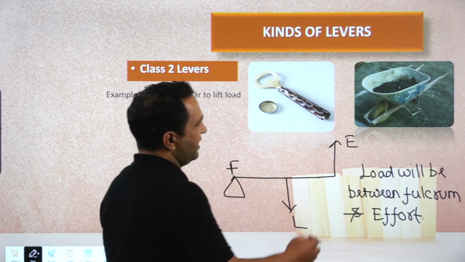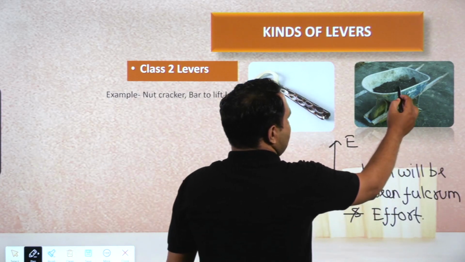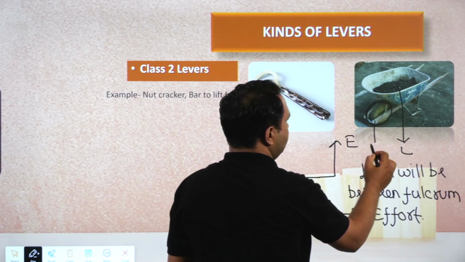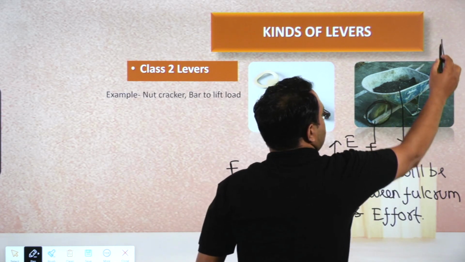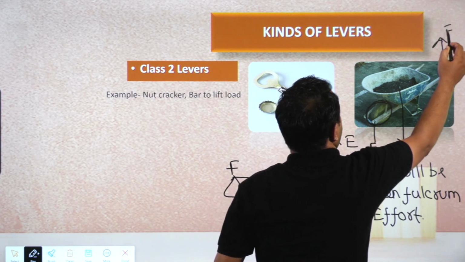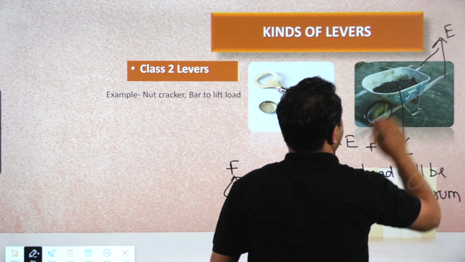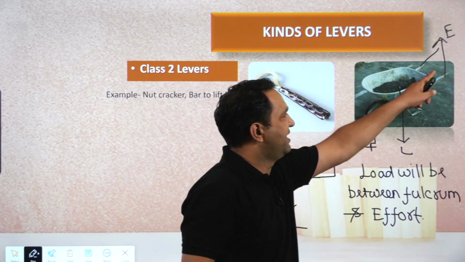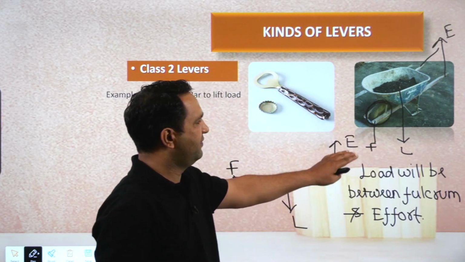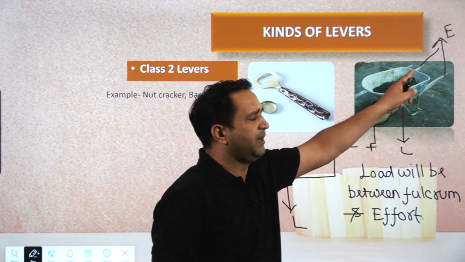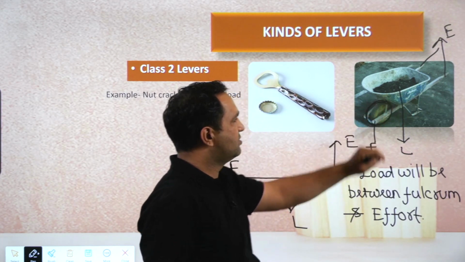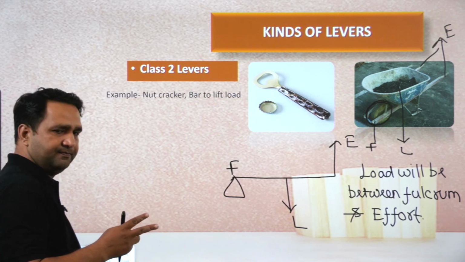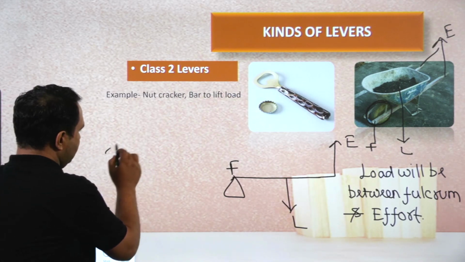Here is one of the examples. This is the load, this is the fixed point fulcrum, and this is the point where we are applying effort. So this is the effort point. So fulcrum, then load, then effort. Fulcrum, load, effort, means load is between fulcrum and effort. So this is a class 2 lever. Nutcracker. Have you seen the nutcracker? In nutcracker,